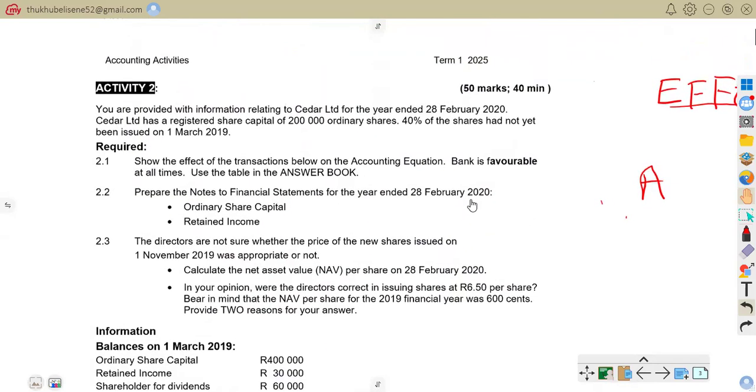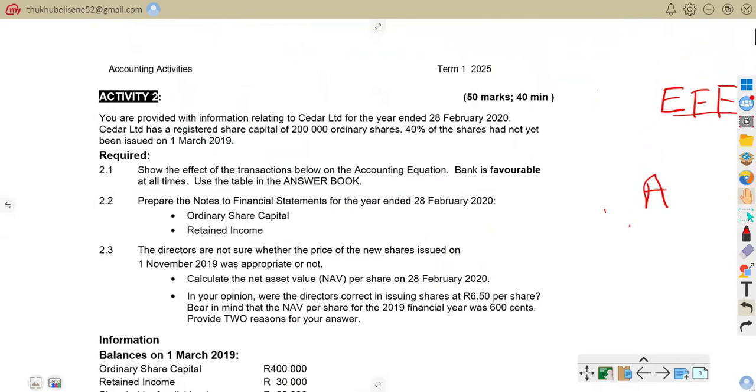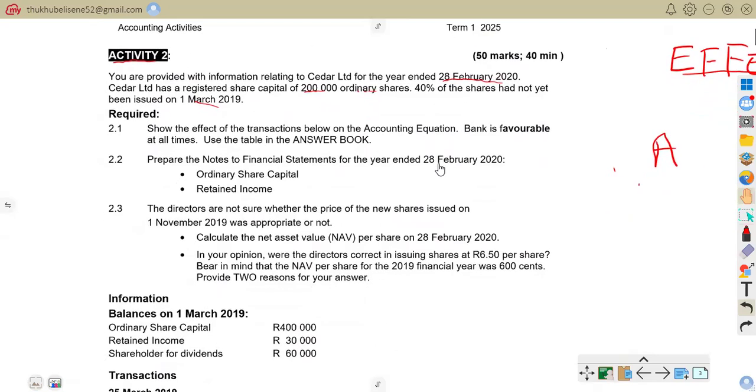So here we are on activity 2. It says you are provided with information relating to Said Ltd for the year ended 28 February 2020. Said Ltd has registered share capital of 200,000 ordinary shares. 40% of the shares had not yet been issued on 1st March 2019. So now, required: